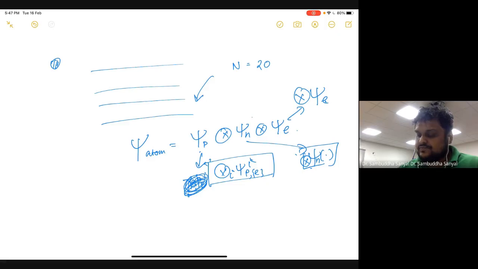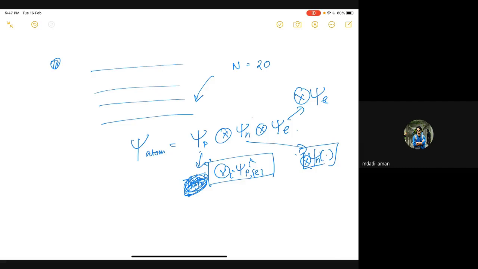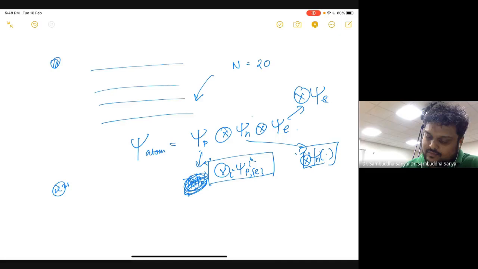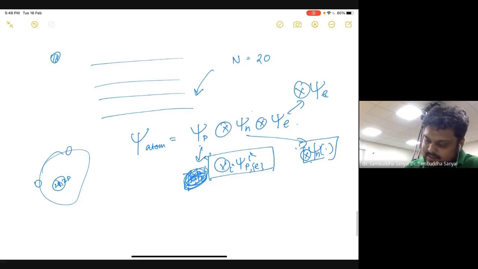So think of the simplest example. Helium atom, what is the structure of that? It has two neutrons, two electrons, and two protons. Helium, like alpha particle, is helium doubly charged. So 2 electrons, 2 protons, and 2 neutrons, right? So this is the simplest example of that. So for the helium atom, the full wave function is like, let me call it like P